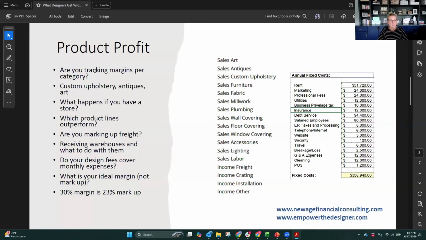What do you do with something like freight? Do you pass along actual freight and mark it up 30%? Do you call out freight separately in your contract and reduce that markup to 20%? Do you mark up your warehousing and your receiving costs? Are you an advocate of something called fixed freight? We started seeing a lot of fixed freight back during COVID. That became very popular because freight was out of control in terms of budgeting, and it became a way to present information to clients and not have any surprises.